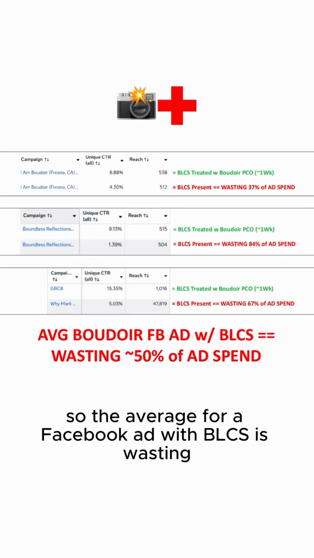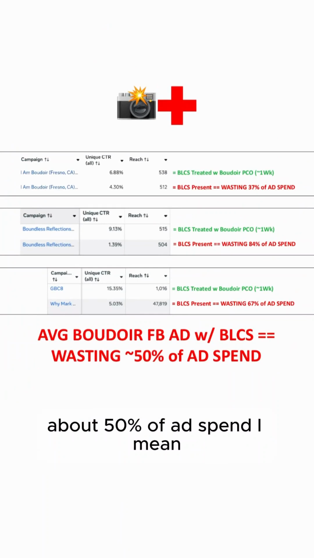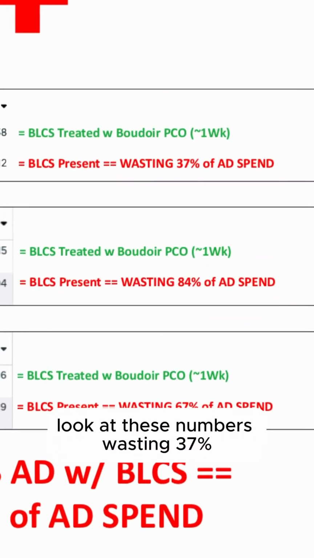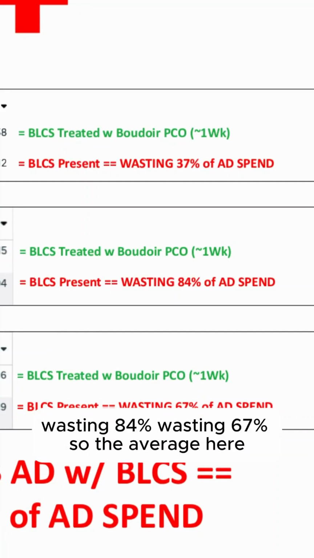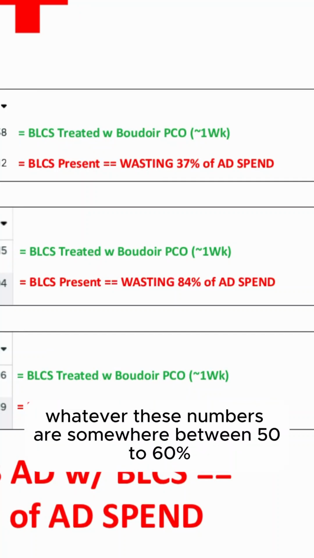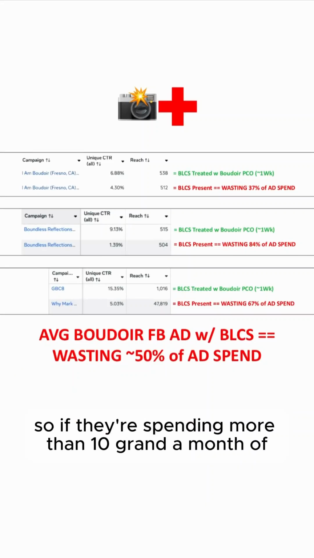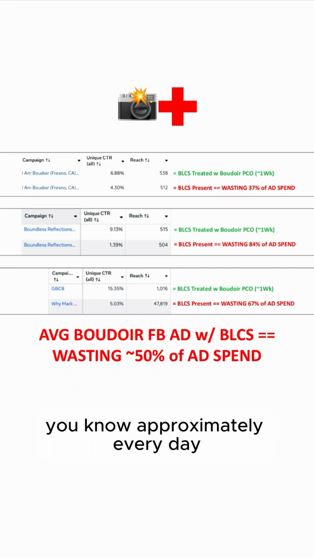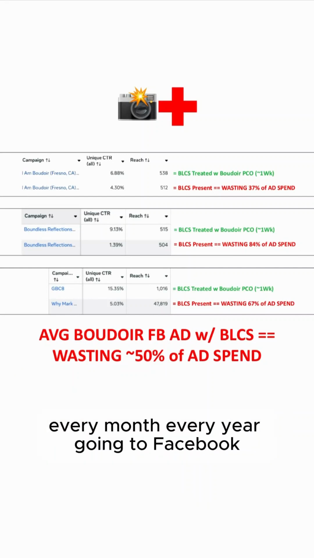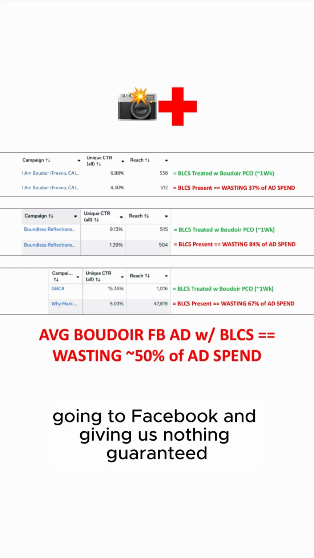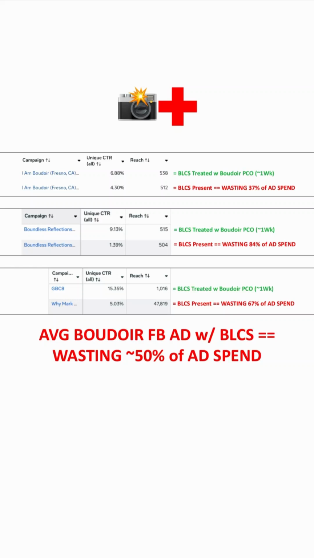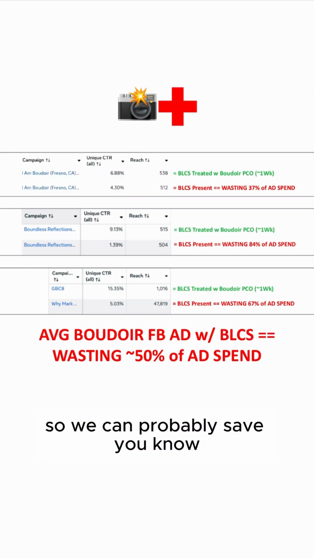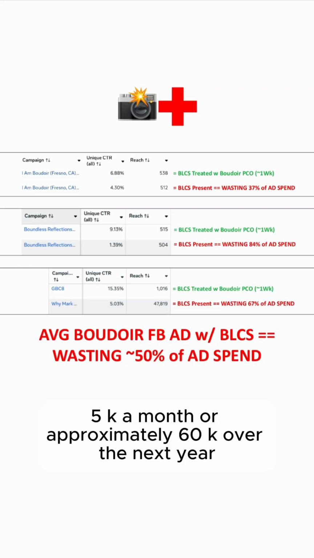So the average Boudoir Facebook ad with BLCS is wasting about 50% of ad spend. Look at these numbers: wasting 37%, wasting 84%, wasting 67%. So the average here, whatever these numbers are, is somewhere between 50 to 60%. So if they're spending more than 10 grand a month on Boudoir Facebook ads, 5K is being wasted, approximately every day, every month, every year, literally going to Facebook and giving us nothing, guaranteed. So we can probably save 5K a month, or approximately 60K over the next year,